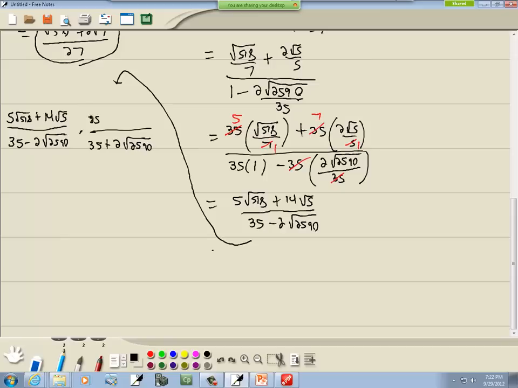So we've got 35 plus 2 square root of 2590. Okay, so up on top, let's see,